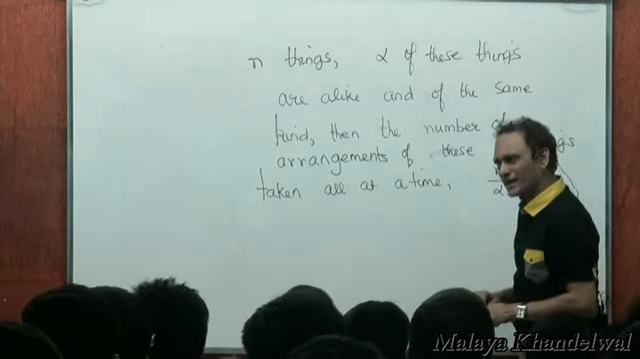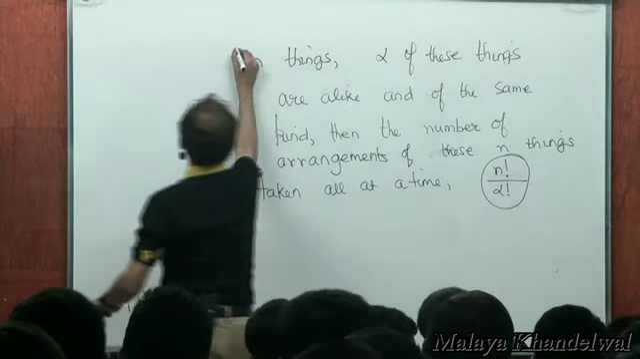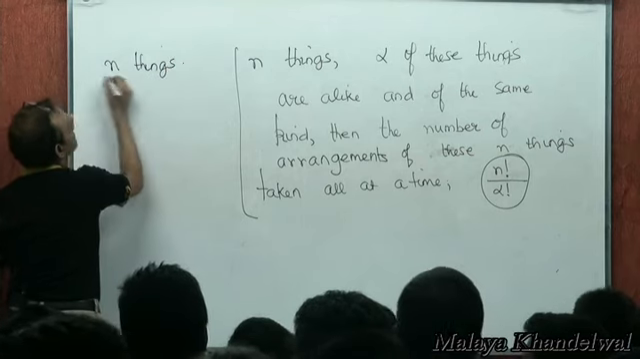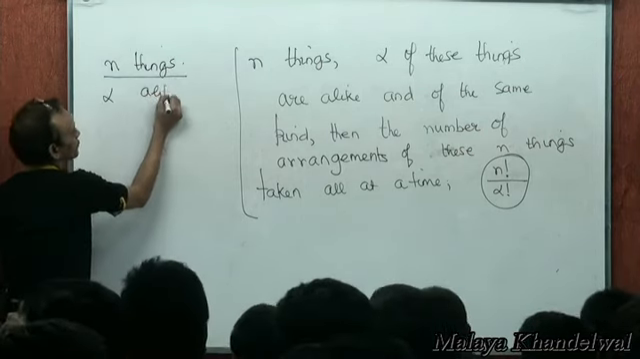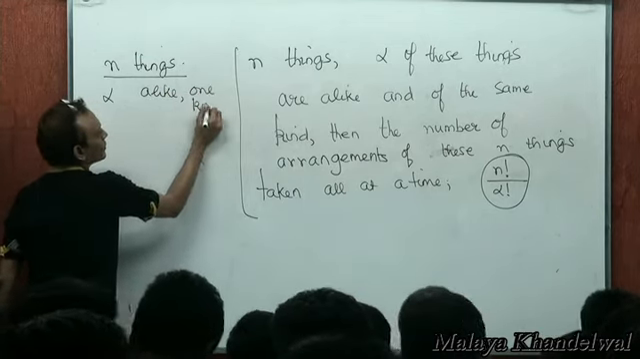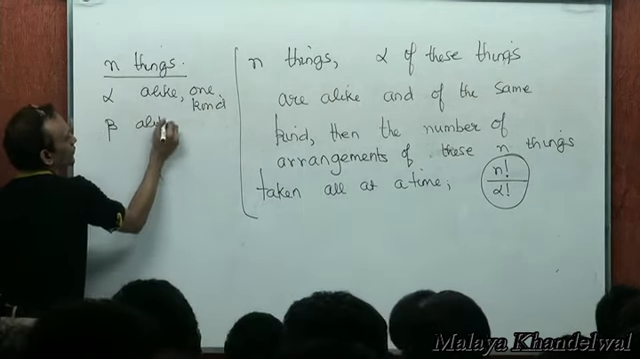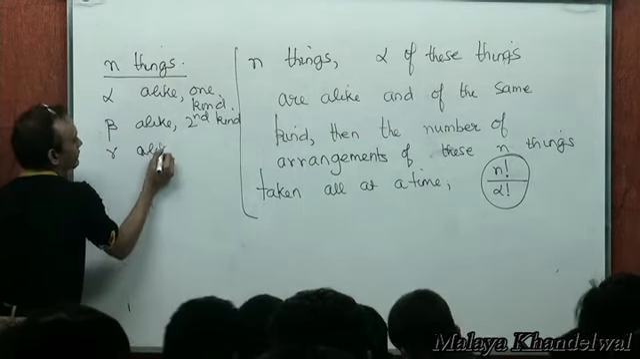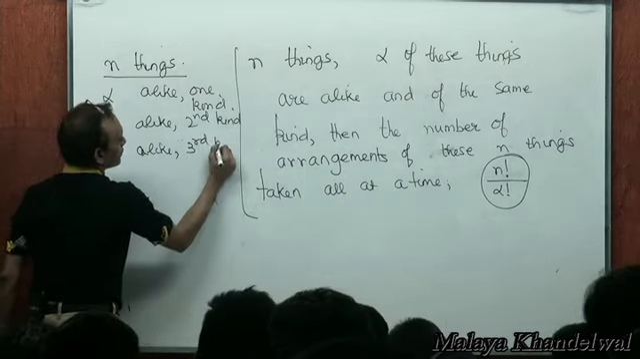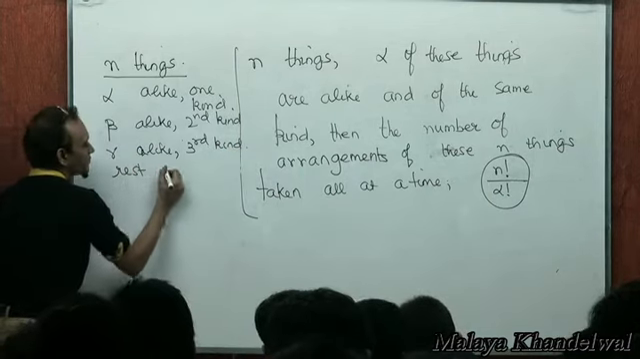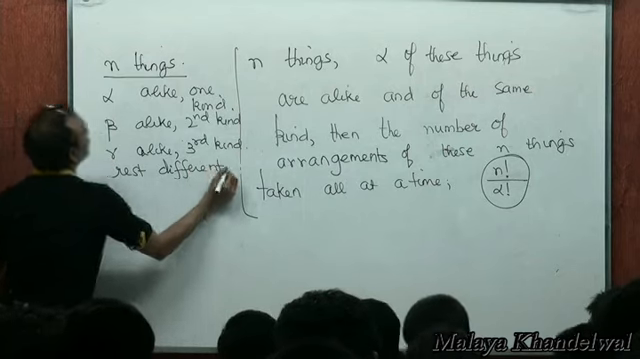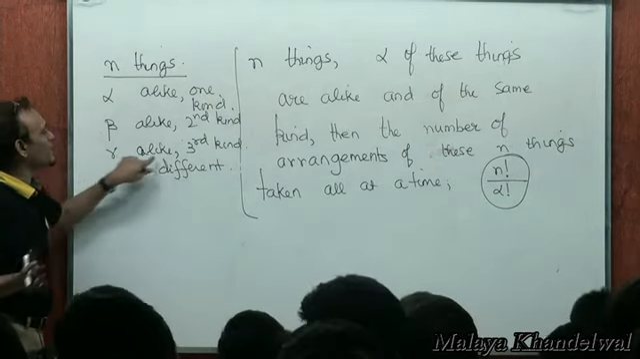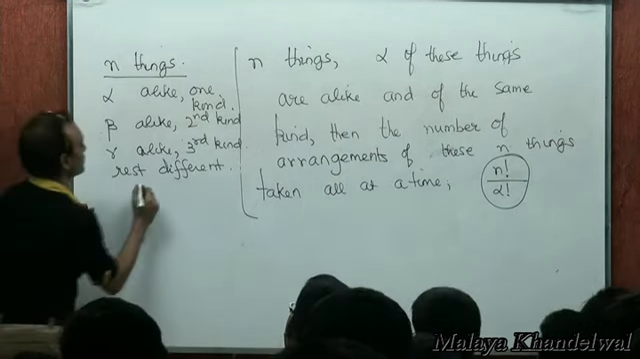Same way like we illustrated, right? And so if we had, in a more general sense, if there were n things, in which alpha were alike of one kind, beta things were alike and of a second kind, and say gamma things were alike and of a third kind, and the rest different, then the number of permutations of these n things in which alpha are alike and of one kind, beta are alike and of a second kind, gamma are alike and of a third kind, and the rest different, would be given by